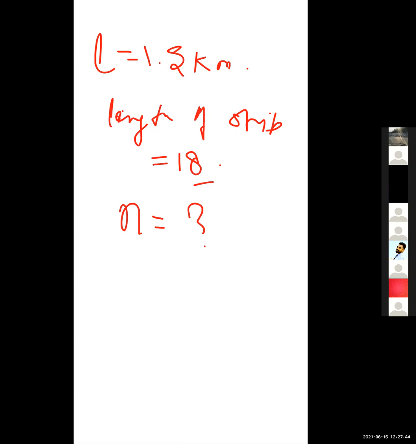So total number of photograph required is N equal to n1 into n2. N equal to n1 into n2. n1 is the length of a strip and n2 is the number of strips. So n1 is given, length is given. So find total number of photographs. Please calculate.